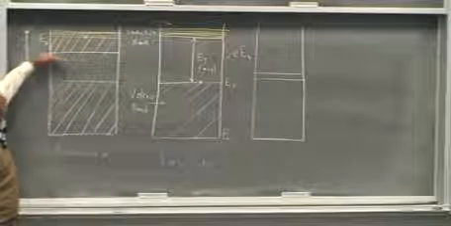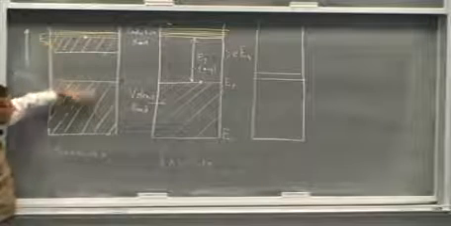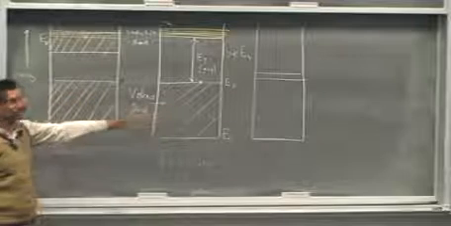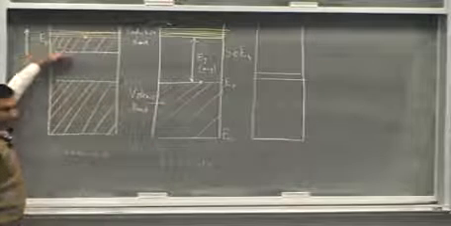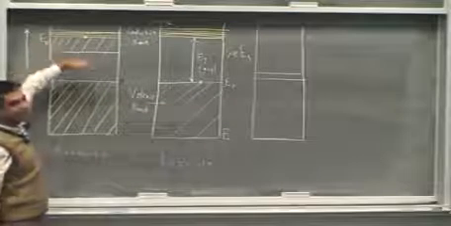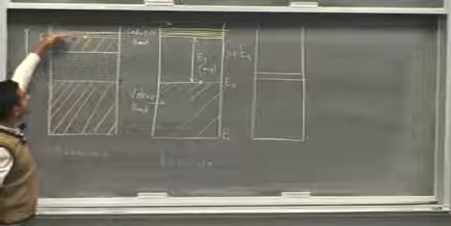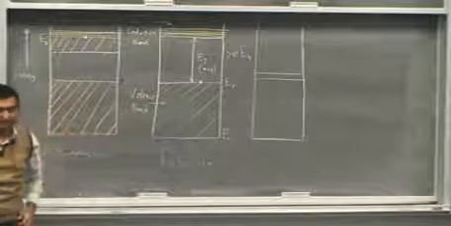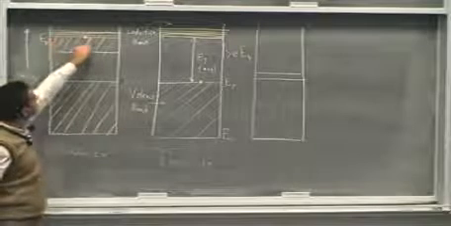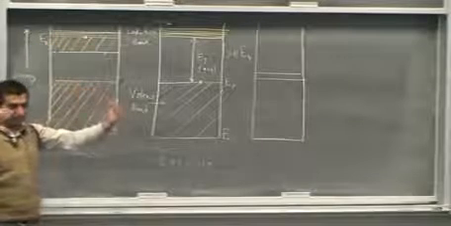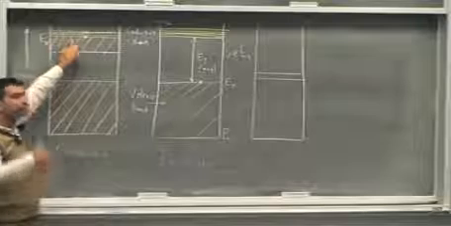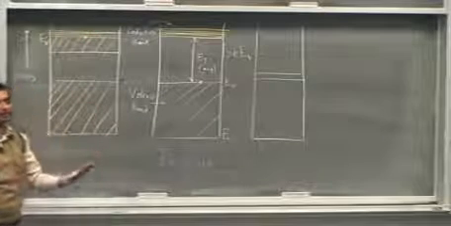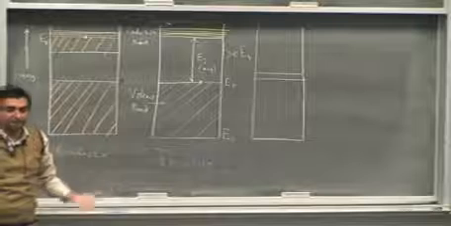Look, this band is a completely filled band. If this were the only band, we would only have an insulator. Now there is a gap, and then there is another band which is called the conduction band. Now this band is partially filled, it's not completely filled. So this is the Fermi level to which the electrons are populated. The electrons exist up to the Fermi level, but right above the Fermi level there is a vacant level at a spacing delta E. There are other vacant